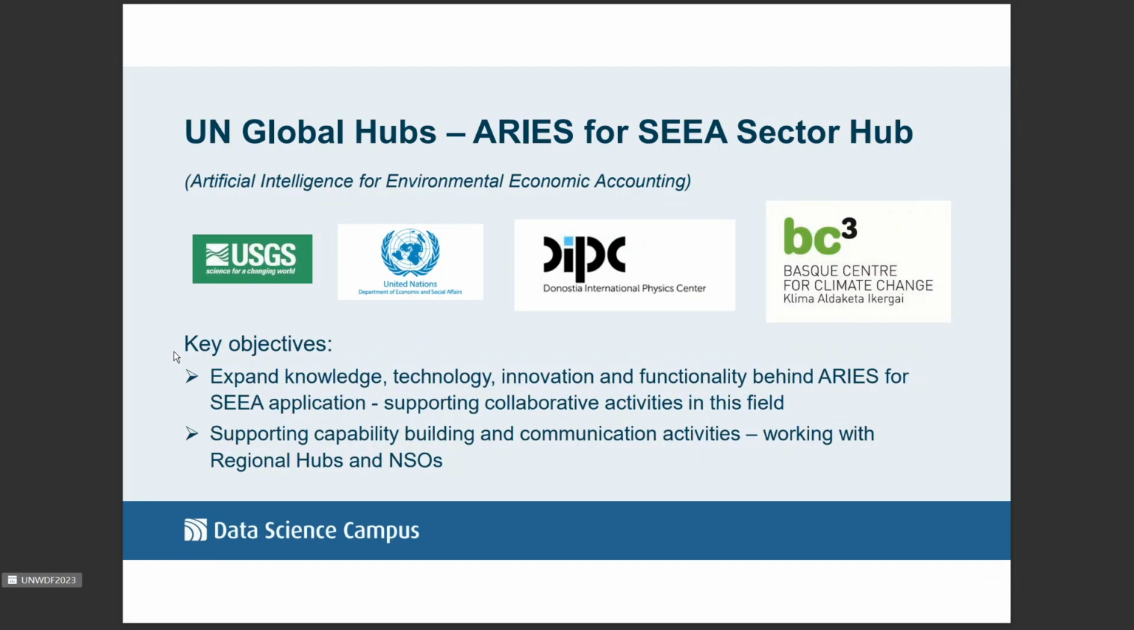The first one we're looking at is the UN Global Hub for AI for Environmental Economic Accounting. It's artificial intelligence for environmental economic accounting, so it's a very specific topic. It's a collaboration of four areas there, as you can see: the US Geological Survey, the United Nations, the Donostia University, and the Basque Centre for Climate Change. And the last one there, the Basque Centre for Climate Change in Bilbao, that's the physical location